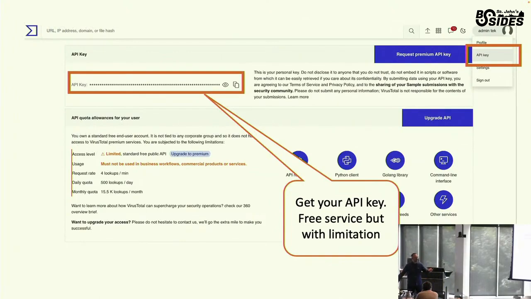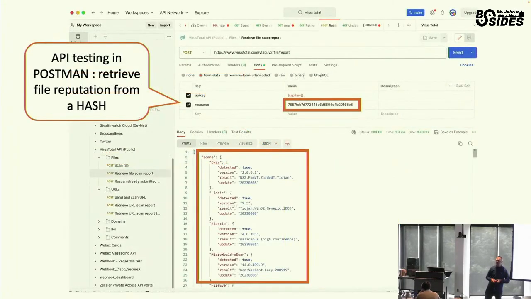It's fairly easy. Within your account, there's a section where you can generate your API key, copy your API key, and then leverage any tool that you want to take advantage of VirusTotal, right? Of course, if you do own a commercial version of an XDR platform, it's typically built into it. Otherwise, there are many other ways to test it and implement it into your own framework, let's say, right?